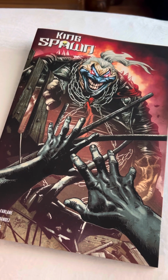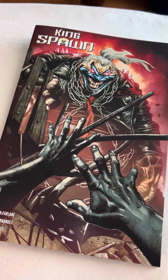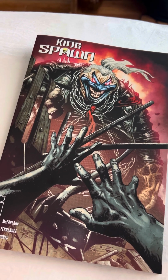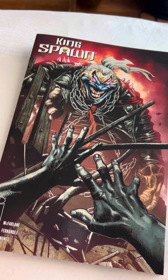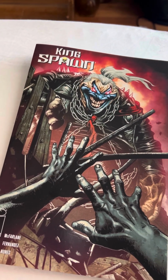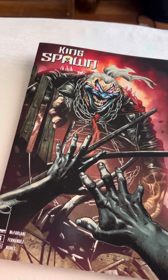Today I'm going to break down King Spawn number 26. Beautiful comic book. Spawn comics never disappoint me. They are very cool comics, and I'm really happy to be breaking this one down, reviewing it. The cover itself is just beautiful, a visual graphic,